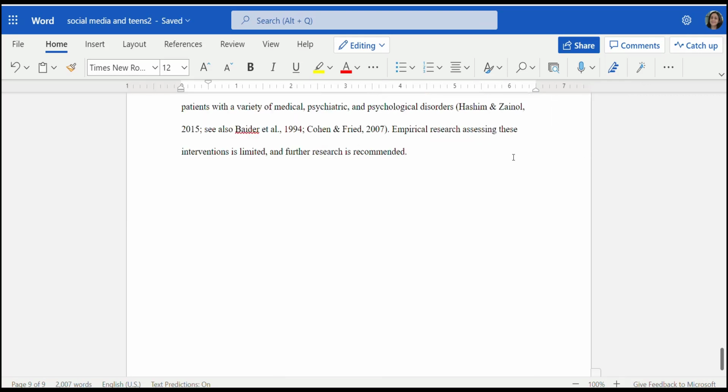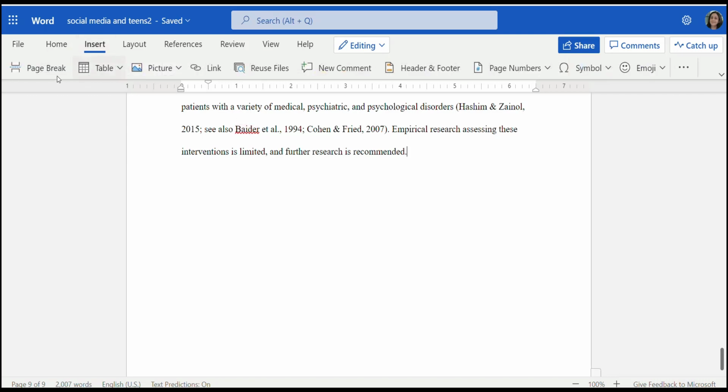After your last paragraph, insert a page break to set up the references list on a new page. From the Insert tab, click on Page Break. On the first line of this new page, we need to type the word references in bold and aligned to the center. Pay attention to the location of your cursor. If the cursor has a paragraph indentation, just press the backspace key on your keyboard to align it to the